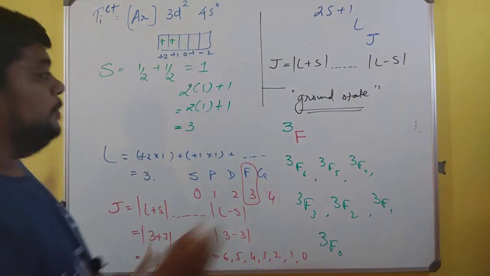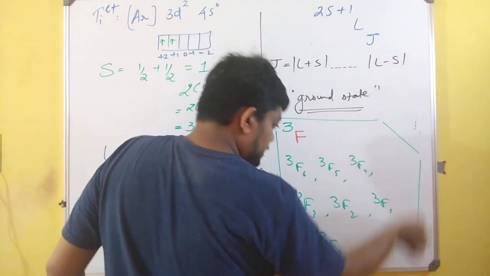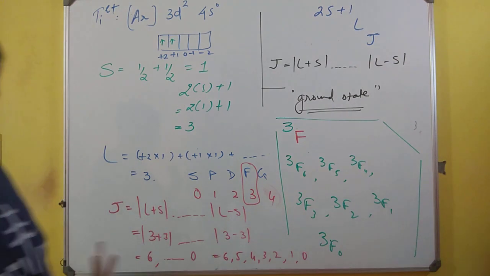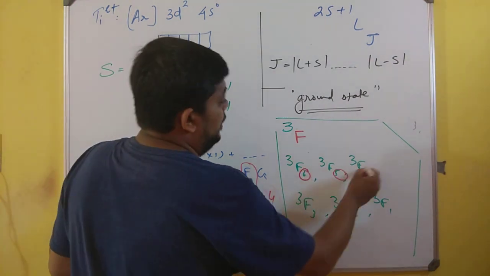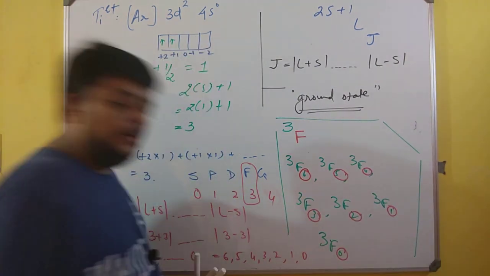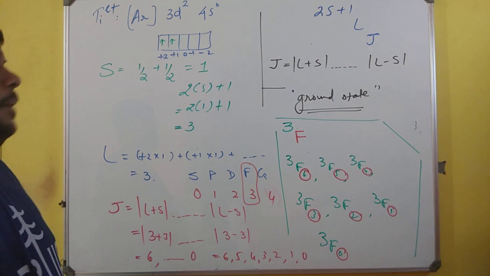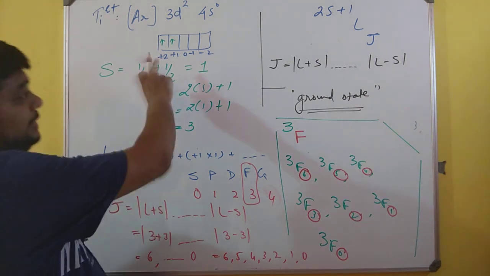So this is how we can write the complete term symbol with all possible values. We have to compulsorily mention all the possible values. But as of now, for a limited type of topic, if we are asked for the ground state over here, remember this is less than half filled.